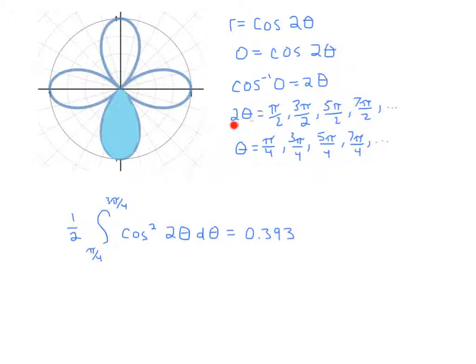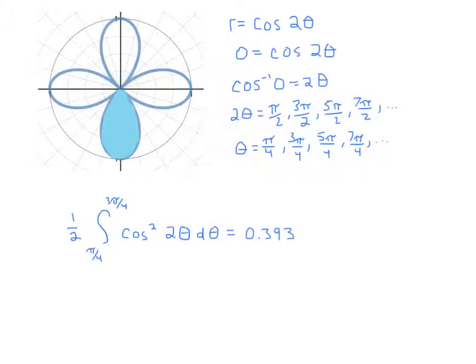And then that's what 2 theta is equal to, because I had cosine of 2 theta. So 2 theta equals all of those. And I just divide each angle by 2, so pi over 2 becomes pi over 4, 3 pi over 2 becomes 3 pi over 4, and so on and so on. And like I said, it doesn't matter which